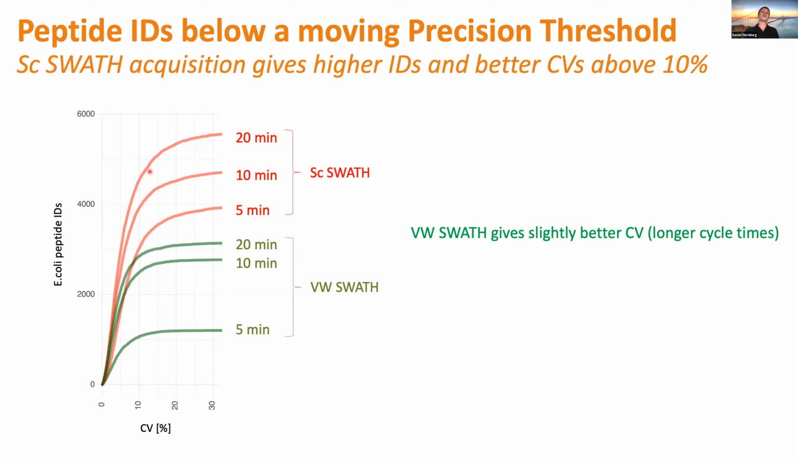So overall, scanning swath, as expected, is better than the variable window swath. But maybe as we look at the CVs below 5%, there we still have a small advantage for the variable window swath, at least for the longer gradients. For 5 minutes, not so much, because it's just not efficient enough to get us the specificity that we need in those short gradients to really capture enough features. The last part,